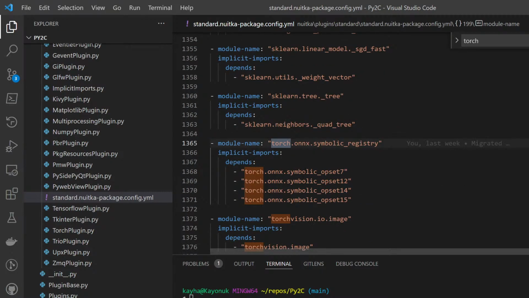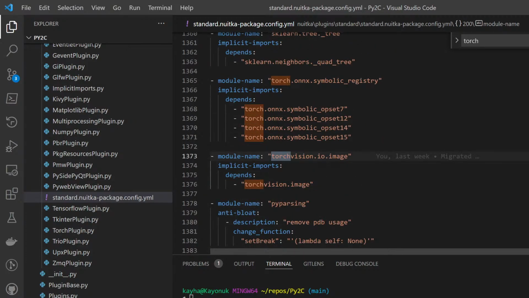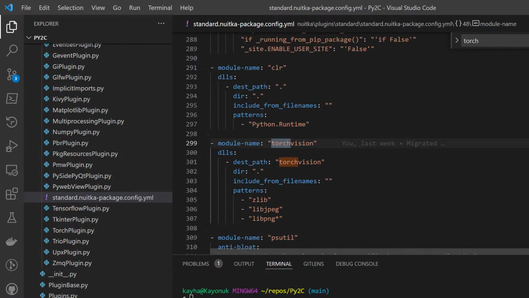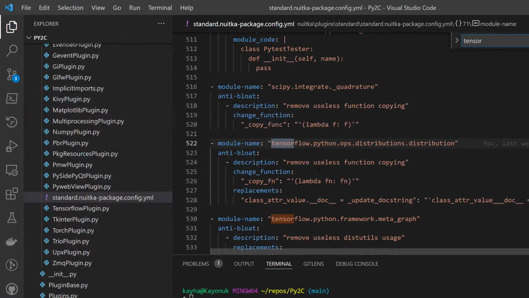Then we have implicit imports. The operation sets here are required in any case, but these are not visible as dependencies. Imports built at runtime, Nuitka reflects them here. And here we have another hidden dependency. And what else? Oh yeah, there we are. And what was the other thing? Torch and, I could also actually look at the commit from the hotfix branch, but that would be too easy. TensorFlow. That's the other one.